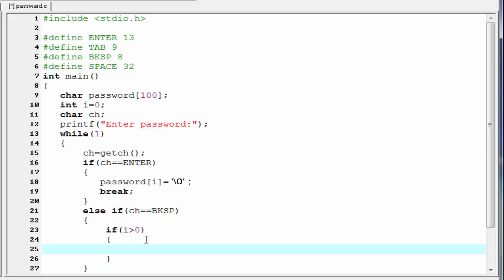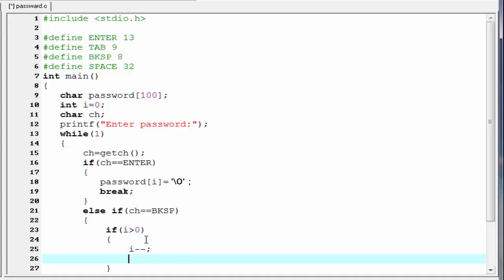If I is not greater than 0, means there is no character. If I is greater than 0, then we decrement I by 1, that is I minus minus. Then I am going to write here printf \b space and then again \b.